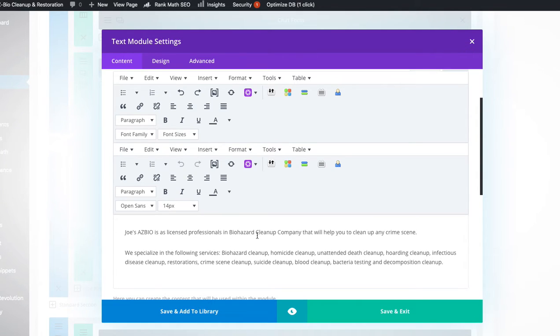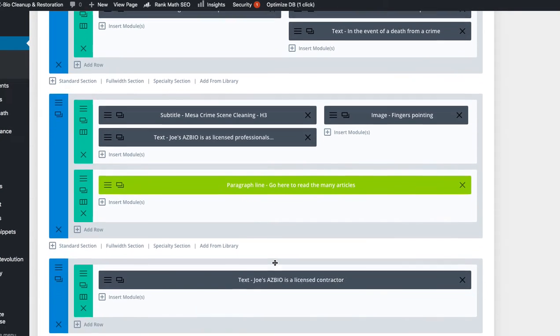it says is a professional in. So what I like to do here between this one, I like to put Mesa right here. So it counts all these guys. Biohazard Mesa Cleanup Company. So that one. And then